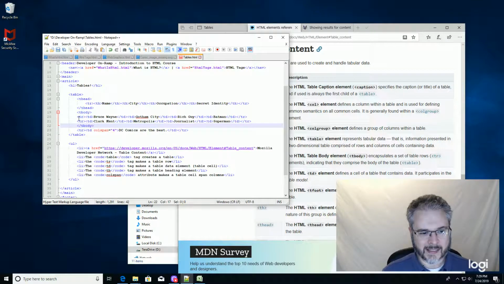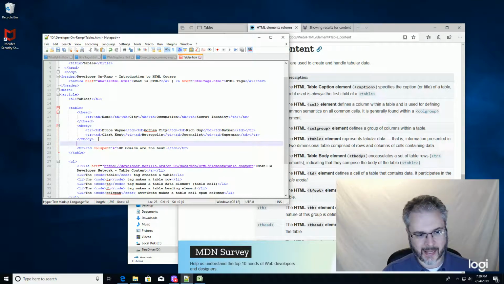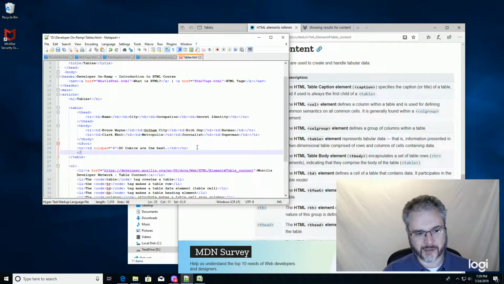We'll tab this in. And notice how well this parallels. We have our header inside of the HTML body. We have our header and our main, right? So in here we've got thead and tbody and tfoot. We'll close tfoot, tab that in,